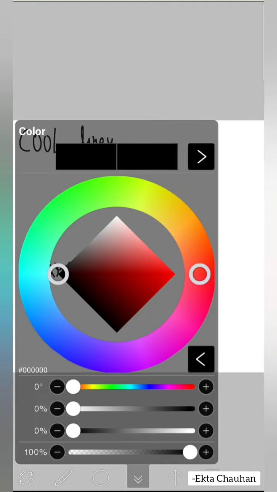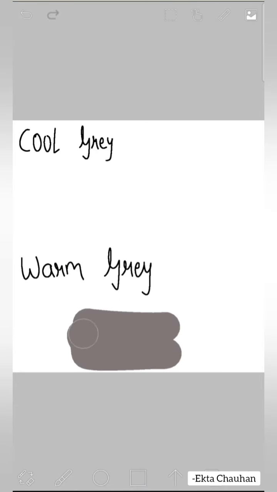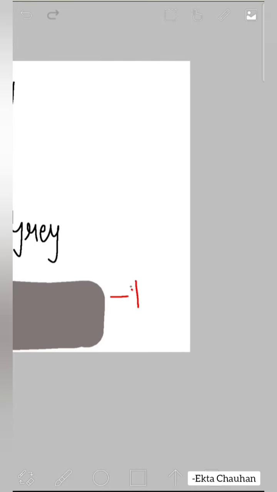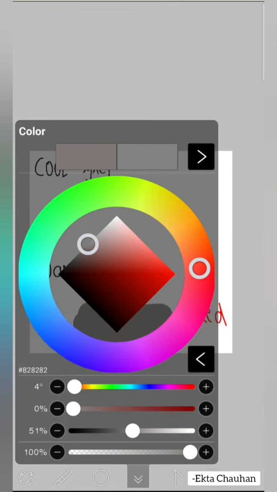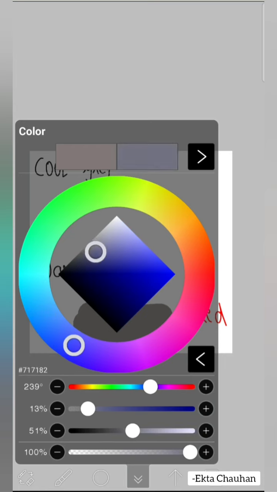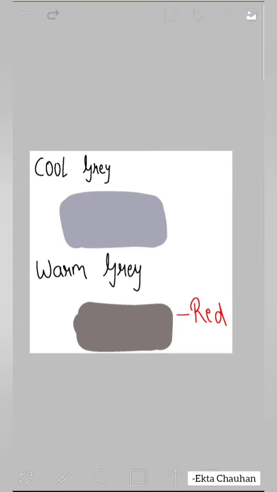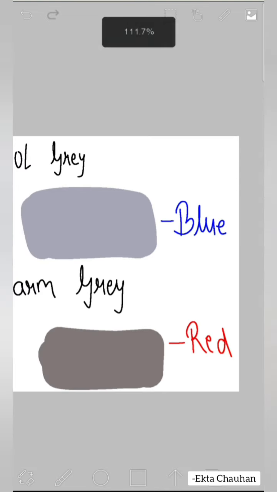When I increase this third slider and take it to a little bit of gray and increase this second slider to say 10-20%, I get a warm gray. You can see a little bit of red in this. This is because red has become the undertone here. If my undertone is say blue, then it becomes a cool gray. So gray plus cool colors is cool gray, and with warm colors it is warm gray. You can notice here there is a blue undertone. I'll tell you what undertones are in some time, but I think you might have a good idea now.